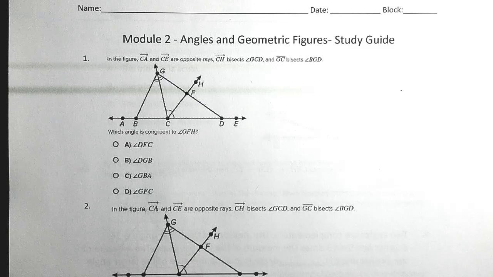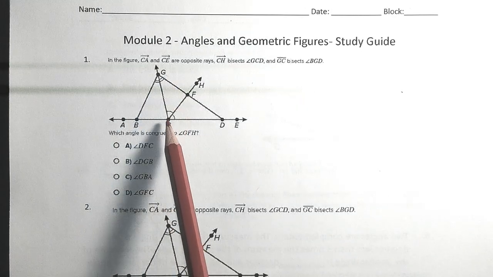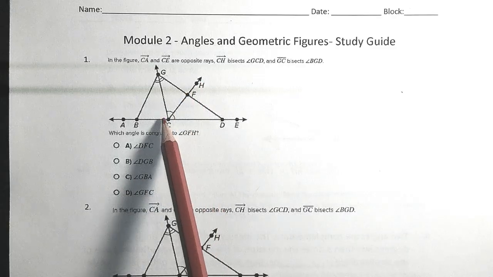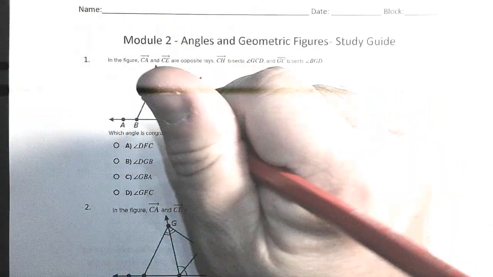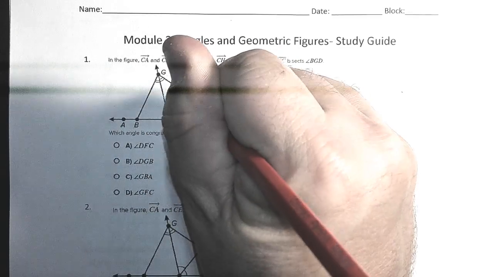CH, so I'm going to do these in different colors. Let's see, CH bisects GCD. So CH bisects these two. So let's just do this. CH, we'll make it red because it bisects. So